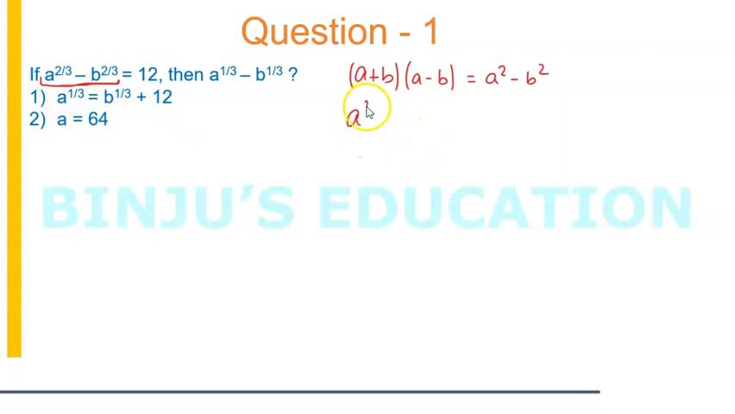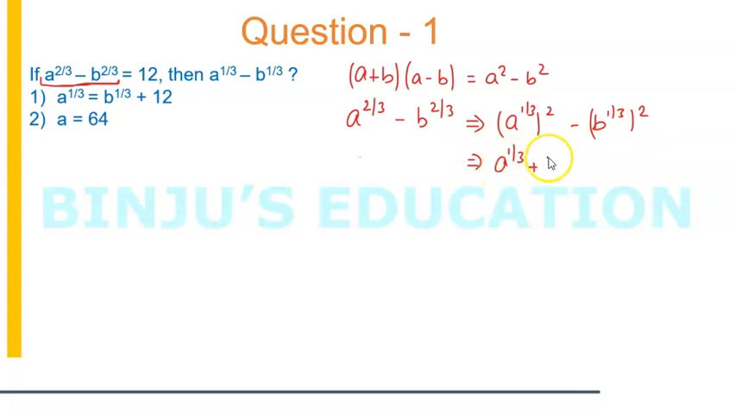So if we have a to the power 2 by 3 minus b to the power 2 by 3, I can rewrite this as a to the power 1 by 3 whole square minus b to the power 1 by 3 whole square. Now a to the power 1 by 3 can be considered as p, b to the power 1 by 3 can be considered as q. So this is again in the form of p square minus q square, which means I can rewrite this expression as a to the power 1 by 3 plus b to the power 1 by 3 into a to the power 1 by 3 minus b to the power 1 by 3,